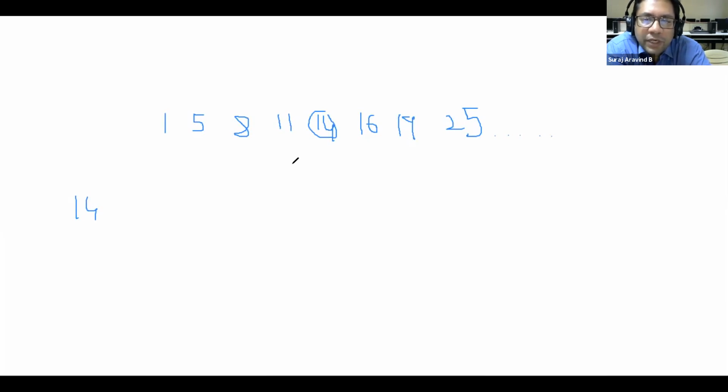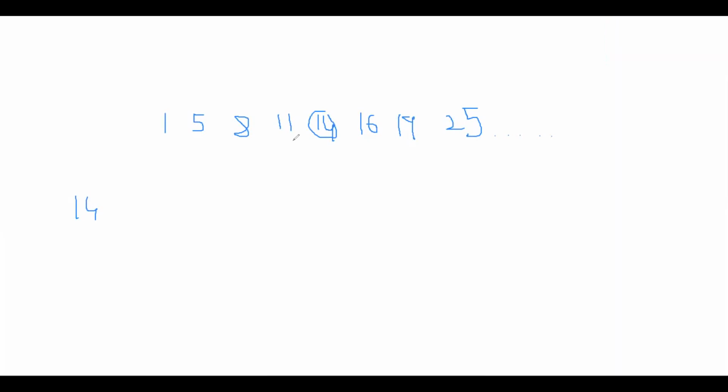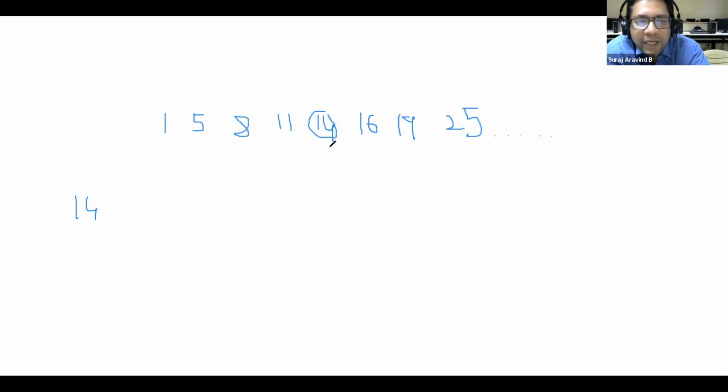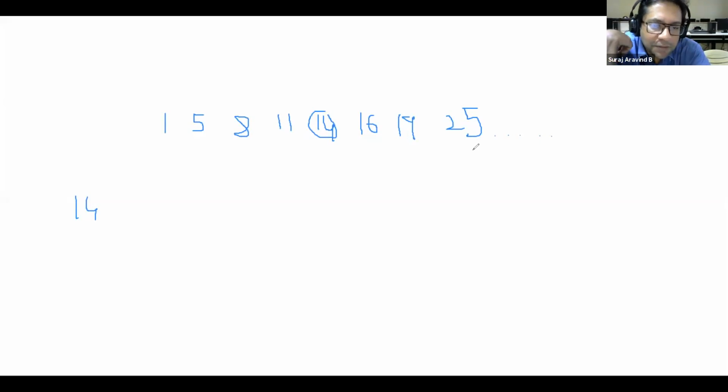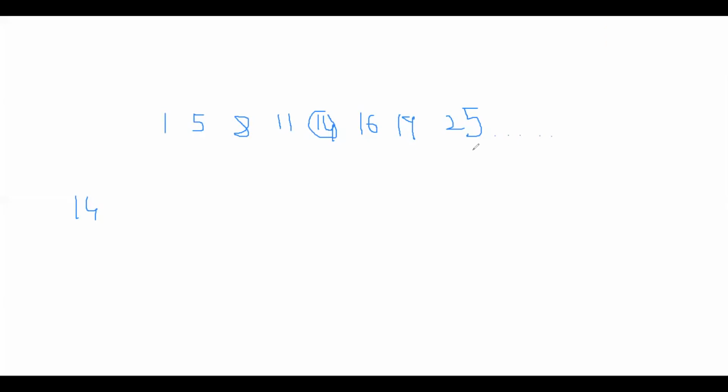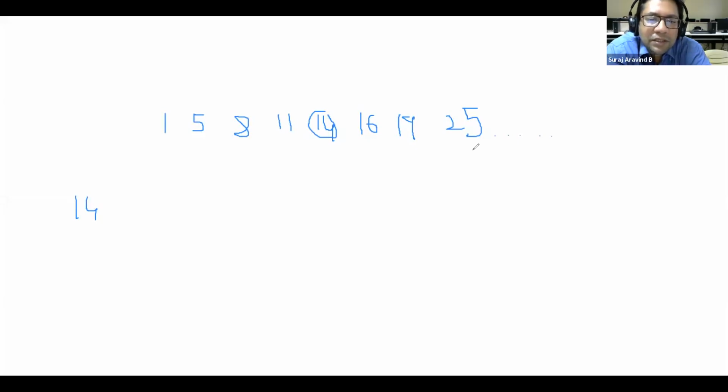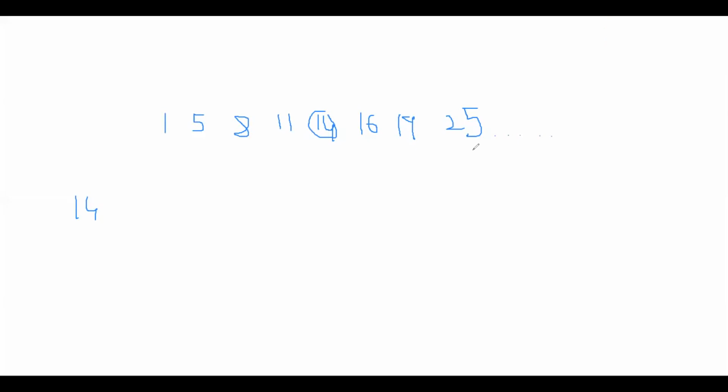When you are looking at the higher end, what will be the starting index? Index position 5, that is 4 plus 1. And what is my ending index? Index 8, the same ending index as the original array. Only the starting index I have to modify a little bit. I know that my middle point is the fourth index, so 4 plus 1. It will start with the fifth index until the end.